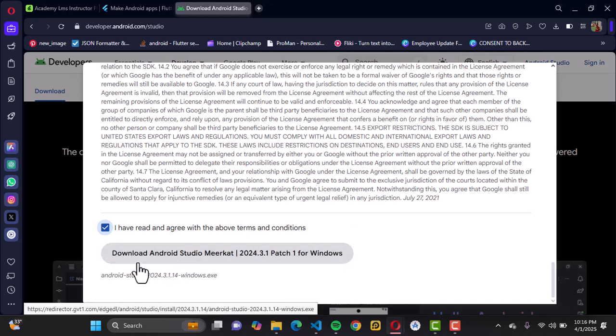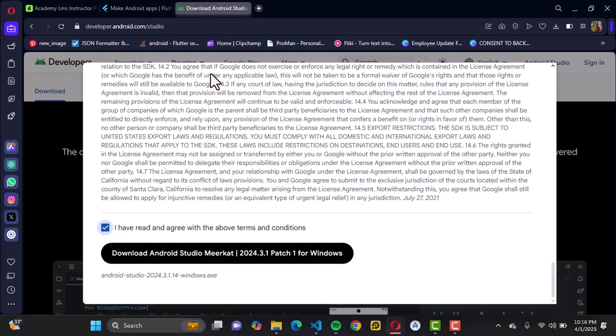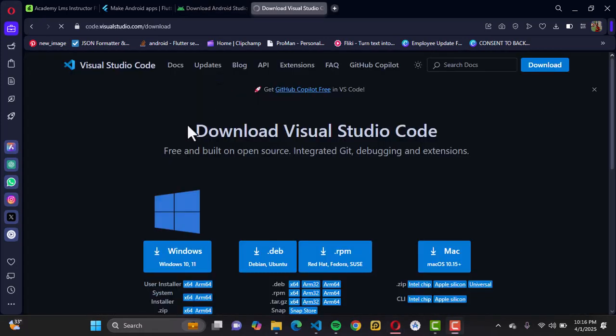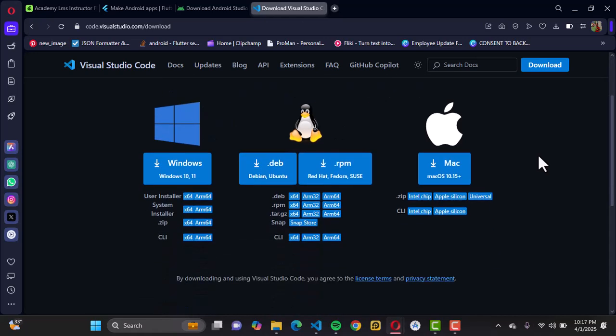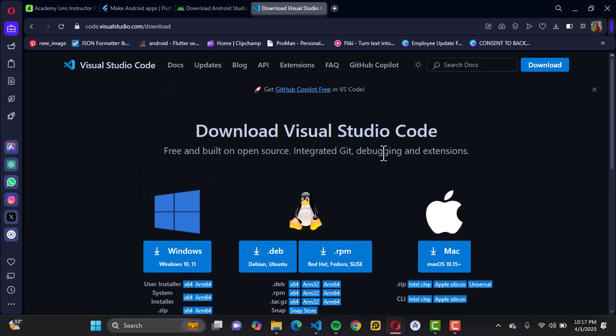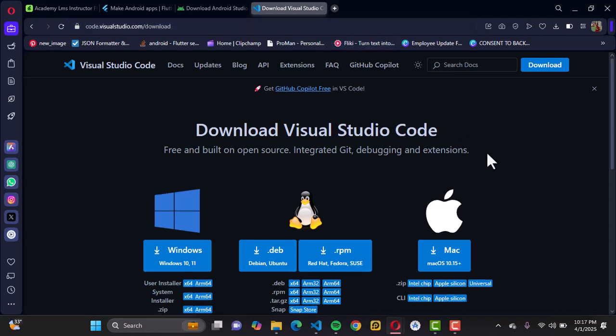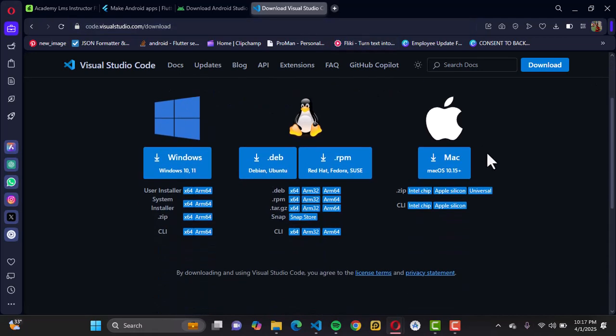So once that is done, you want to go ahead and click on this button here where you have to download Android Studio Meerkat 2024, and just click on it and your download process should begin immediately. So the final thing that we want to go ahead and install into our system right now is Visual Studio Code. Visual Studio is an IDE on its own, and you can run your Flutter application comfortably using